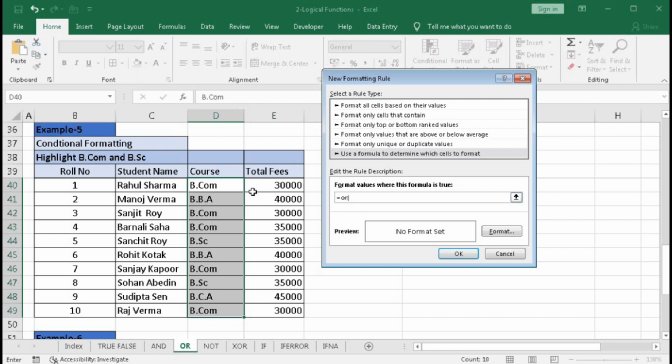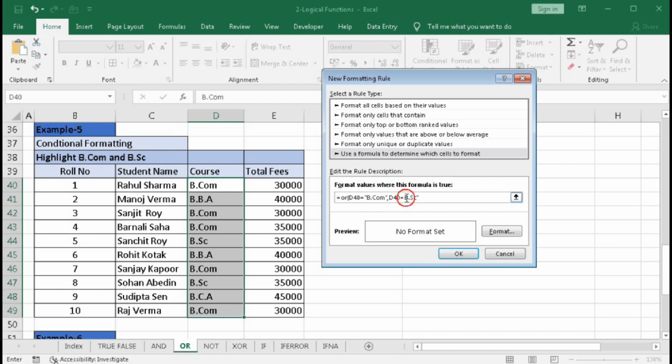this cell, press F4 to remove the dollars, equal to BCom, comma, again this cell with dollars removed, equal to BSc, quotation close.